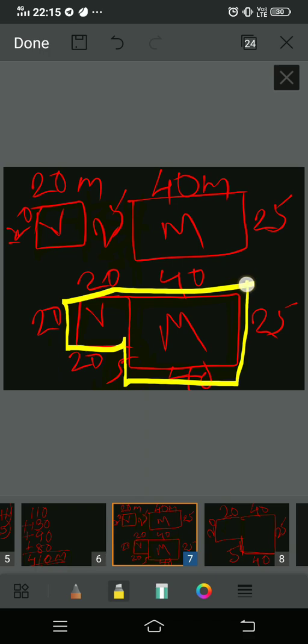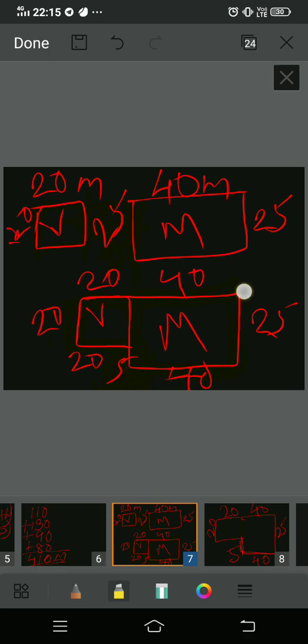Okay, and length and width we know, for all the figures, 20, 20, 20. This is the 5 extra meter, because the 20 meter we won't consider since it has already been merged. The extra 5 meter, because here we had only 20, here we had 25 meters, so 20 meters already merged, 5 meter is still remaining. So what we have to do next is 20 plus 20 plus 20 for Veena, and for Manoj we will add 40 plus 25 plus 40.